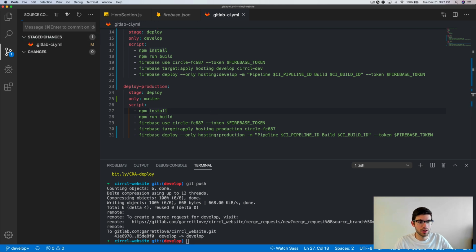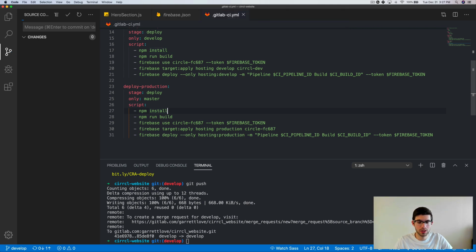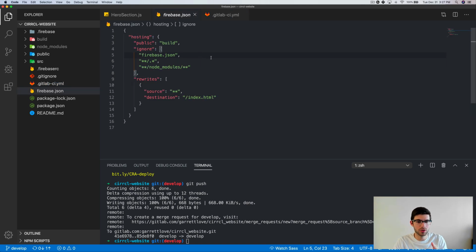So we're going to now change this so that we can say added staging and production deployment strategy. And now in theory that should work. So let's go, oh no, sorry, we have to do one more thing here. And that one more thing